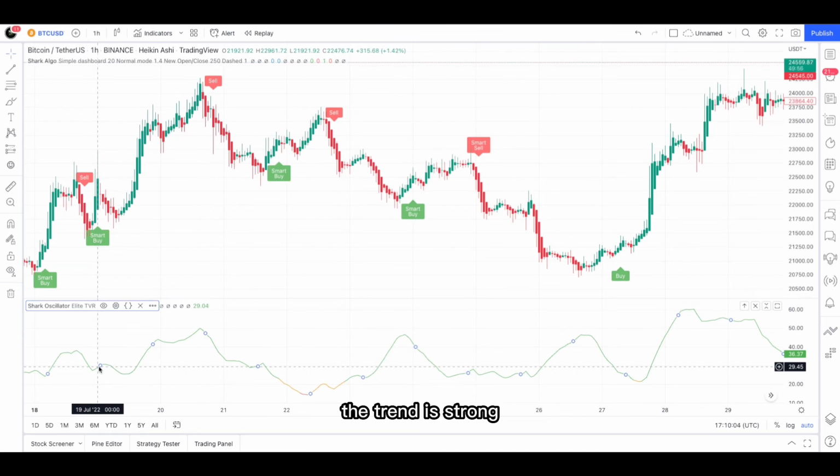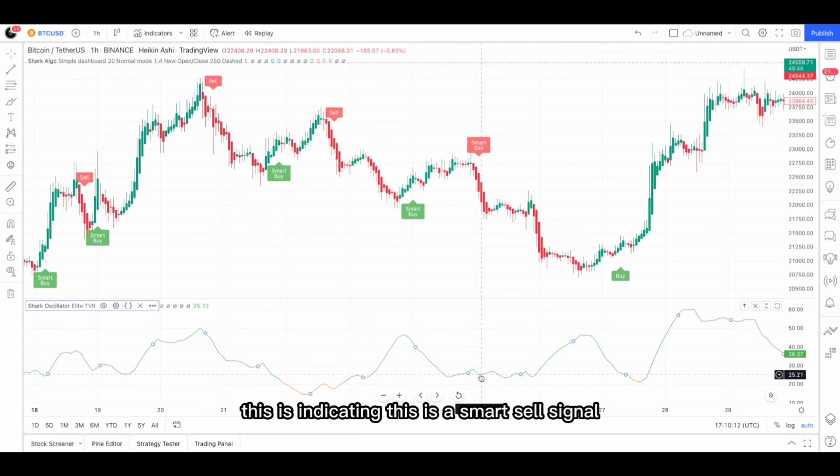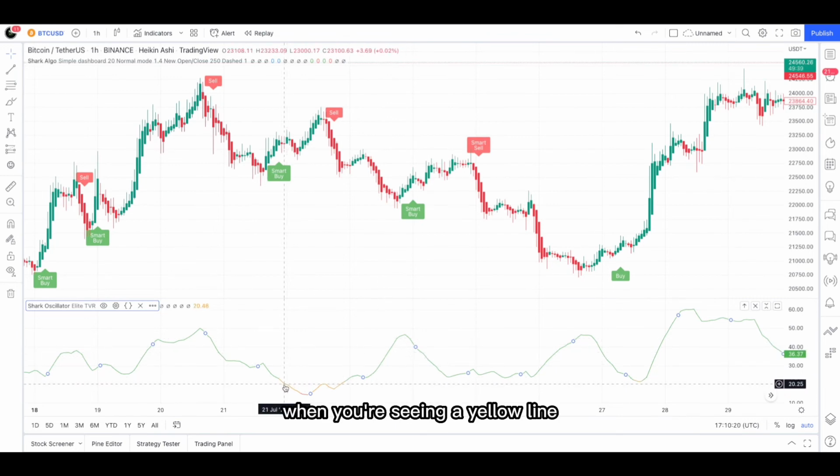It's trending hard, the trend is strong. And if you were to get a sell signal, for example, a smart sell signal like over here, and you're seeing that it's green, this is indicating this is a smart sell signal that you want to take. All right. So for example, if the buy signal or sell signal appeared and it lined up when you're seeing a yellow line,